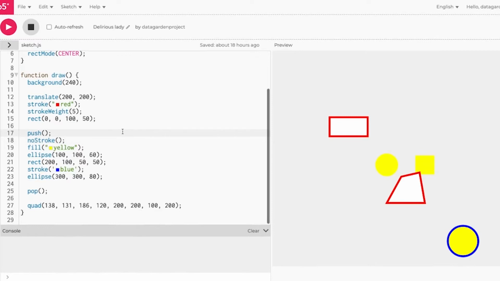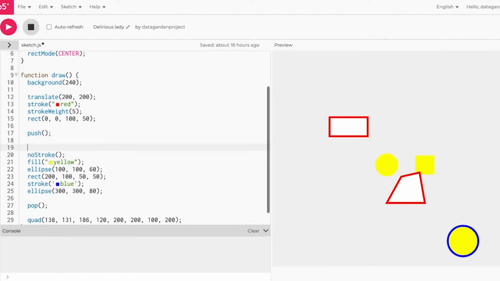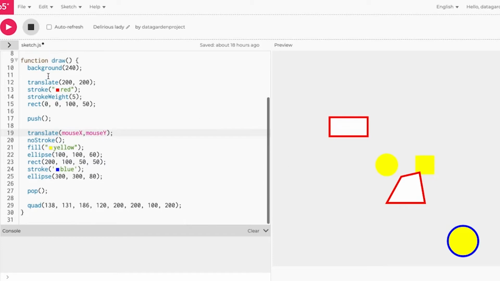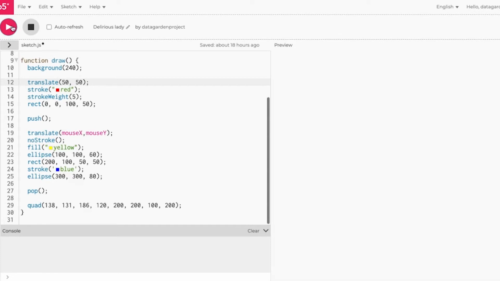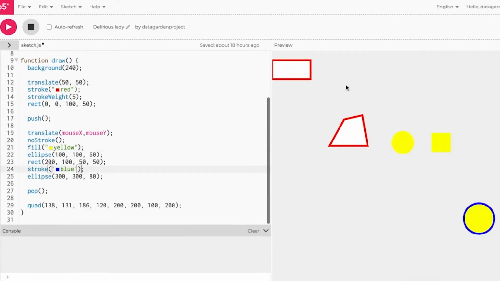Another thing that I forgot to add is that you can also apply transformation commands within push and pop as well. So for example, I want to make these yellow shapes follow my mouse X and mouse Y. So I'm going to do that here. And so what would happen is, as you can see, they're still like 200 and 200 away. So I might just reduce that number just so we can see. And so as you can see, the shapes that are within push and pop are following my mouse, whereas the